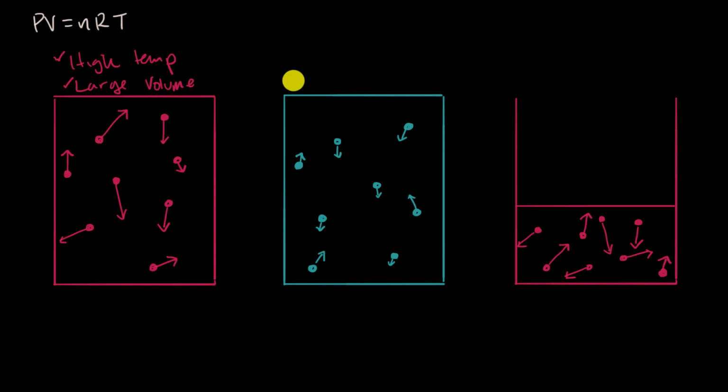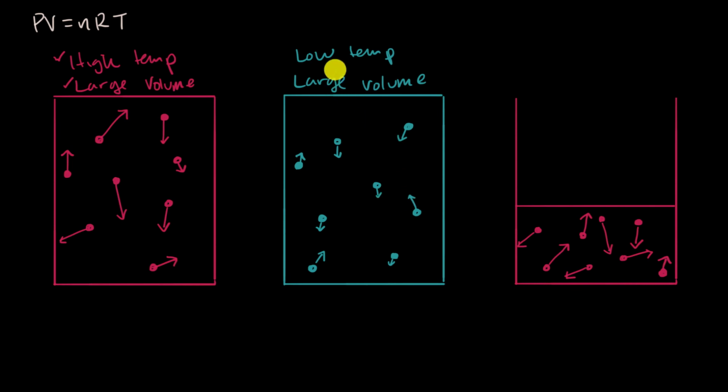Let's now move to the same volume. So we're still dealing with a large volume. But let's lower the temperature. It's a low temperature. And we can see, because temperature is proportional to average kinetic energy of the particles, that here these arrows, on average, are a little bit smaller. And let's say we lower the temperature close to the condensation point. Remember, the condensation point of a gas, that's a situation where the molecules are attracting each other and even starting to clump up together. If we're thinking about, say, water vapor, they're starting to get into little droplets of liquid water because they're getting so attracted to each other.